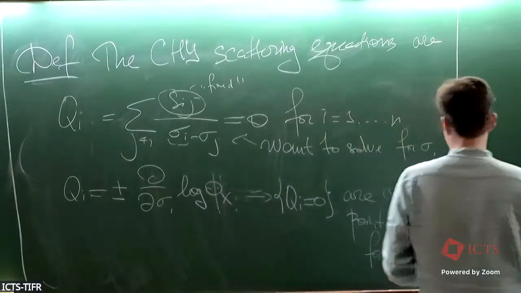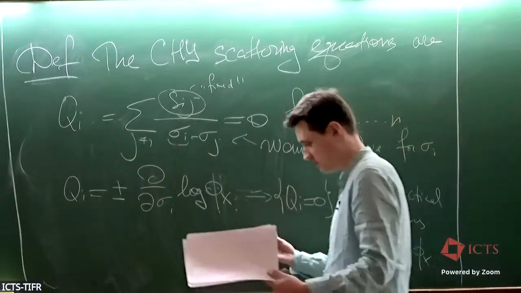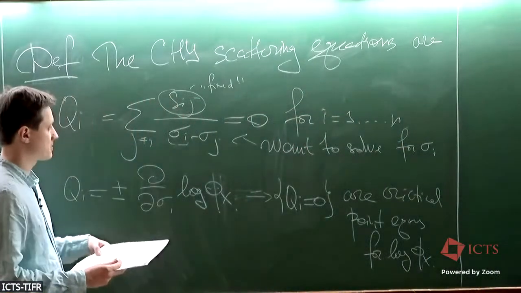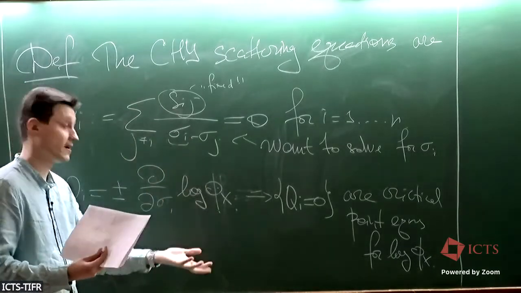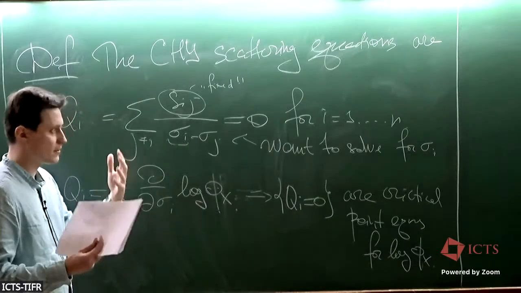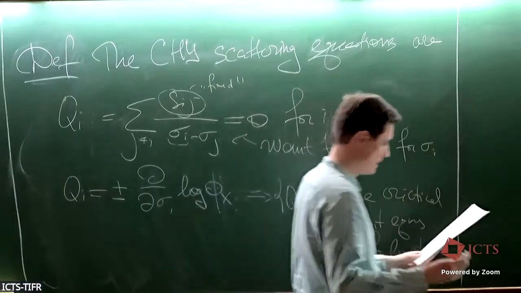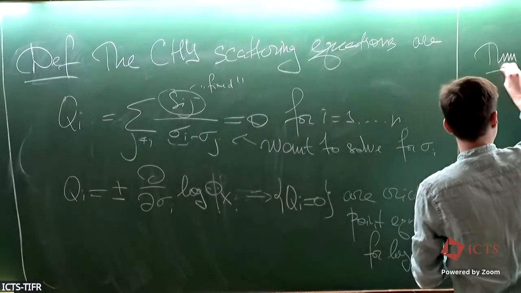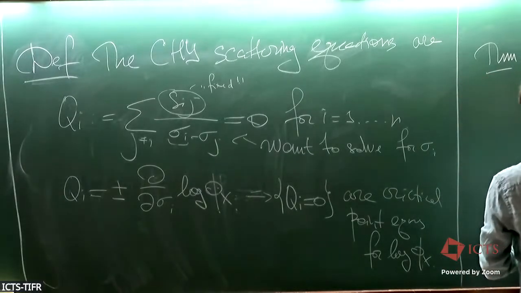Good. Now we want to solve those equations. And the first thing you want to do when you're solving equations is to understand how many solutions they have. Because in practice, of course, those are algebraic equations, and algebraic equations are best solved numerically. But to efficiently use numerical algorithms, you need to understand how many solutions to look for, so when to stop. And here's the theorem. The number of solutions to the scattering equations